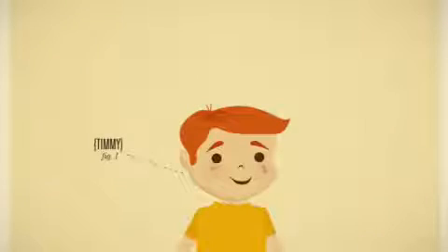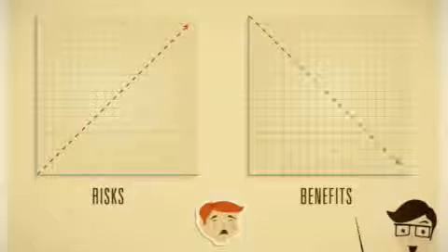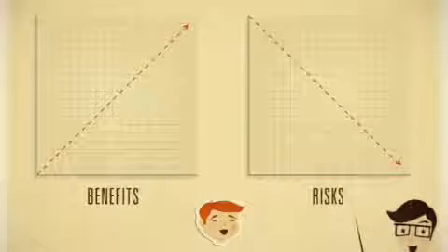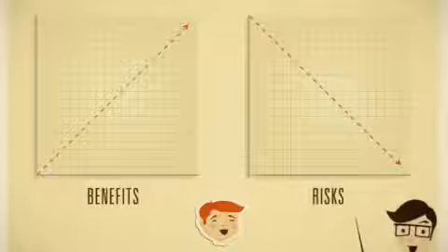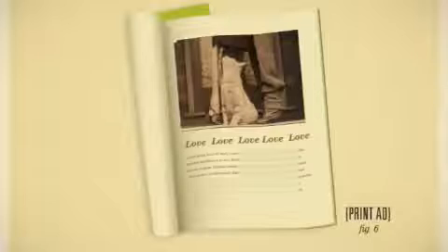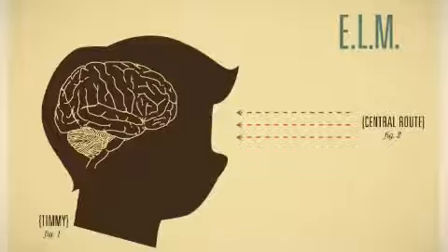If a stimulus arouses a negative effect, the receiver, yes Timmy, that's still you, will perceive the risks as higher and the benefits potentially lower. Conversely, if the stimulus yields a positive effect in the receiver, Timmy here will judge the related risks as low and the benefits higher, and increase the chances you will buy the product. This is why advertisements often contain positively charged emotional images and slogans, as well as the basic factual information. The amalgamation of these elements work through the central and peripheral routes.